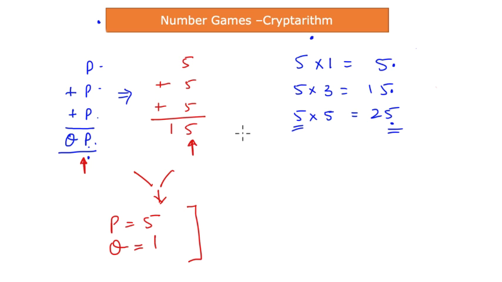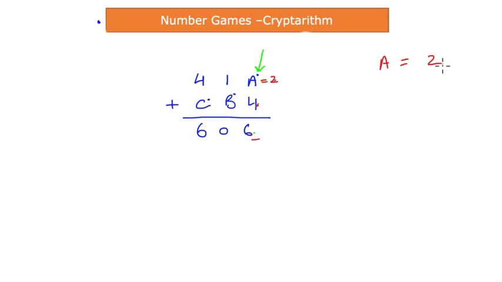So now I'm going to take a little bit longer problem. My next number is 41A, a three-digit number, added with another number that is CB4. Added together it gives you 606. What are C, B and A? Okay, so let's work on it. I will begin as usual from my rightmost digit. The first thing is that I know what added to 4 gives you 6. The answer is very simple. All I have to do is replace A with 2. That will give you 4 and 2 will make 6, right? So I got my number A equal to 2, right?